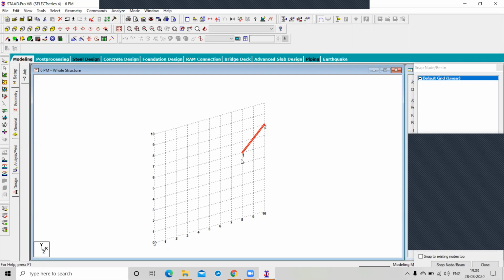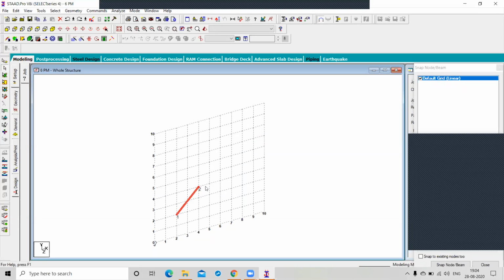So you can expect that this node number 1 is the origin. If you count from node number 2, it is the same position also. You can take the base point as 2 also.